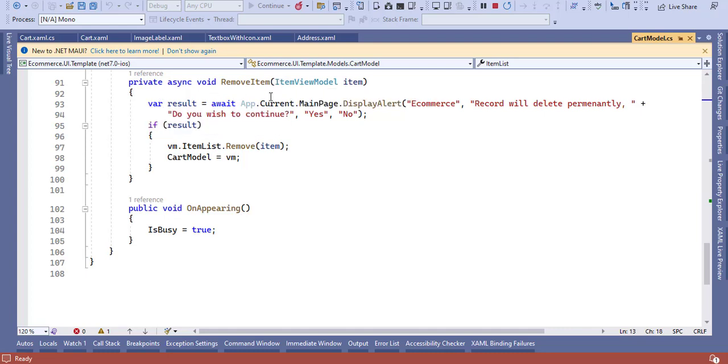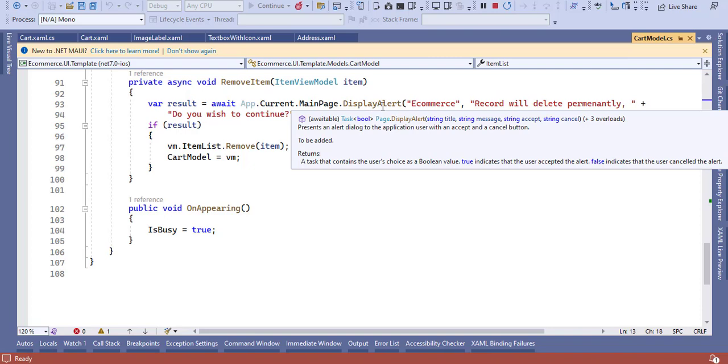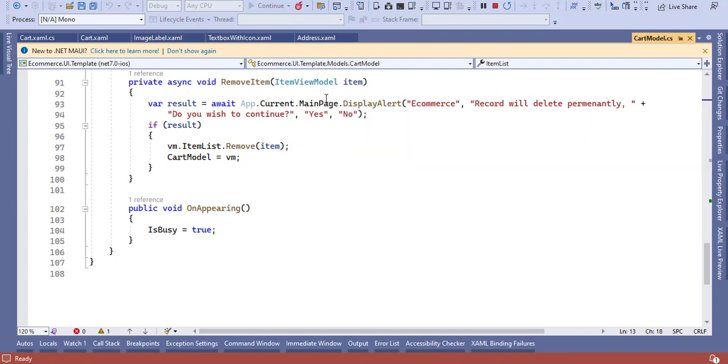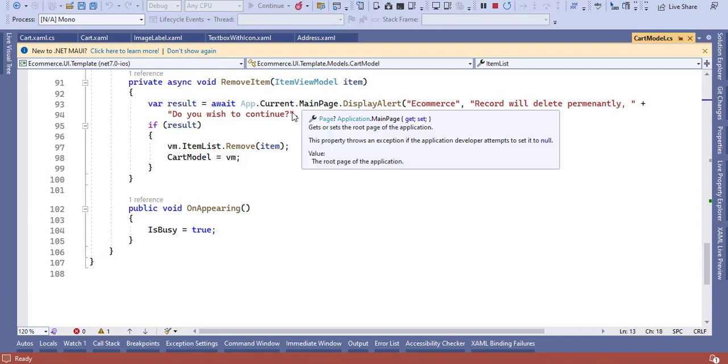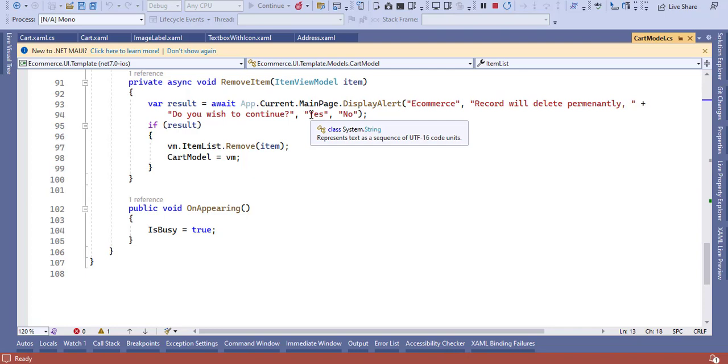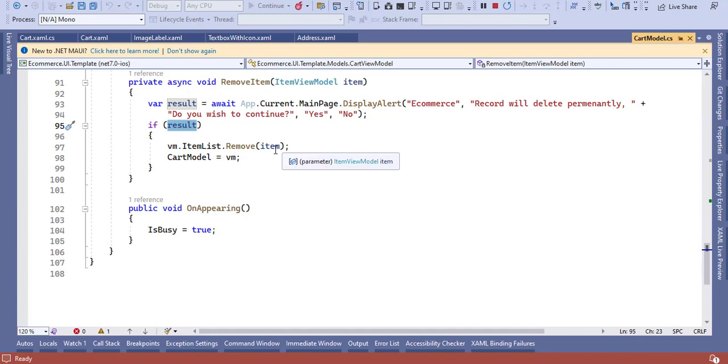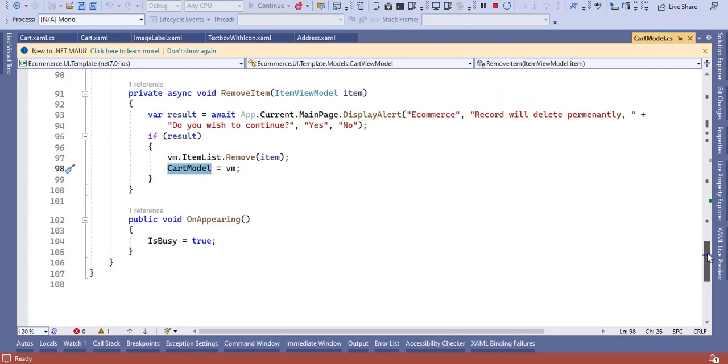And in the result, take data from the user, whether they want to delete or not. So here I have used yes or no. So it will take it in the result. If the result is yes, it will be removed from the item, and then assign this view model again to the cart model. So this list view will be refreshed. Now the main thing,